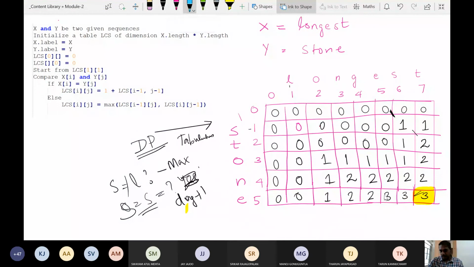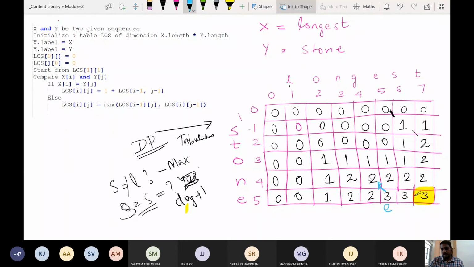So from here, we were in this cell, cell number 55. You got the value in cell number 55 from here, because there is no 3 before this. So this 3 has obviously come by adding 1 to this 2. If you make a diagonal jump, you note down that letter. What is the letter here? E is the letter here, both in the row as well as in the column. You note it down.